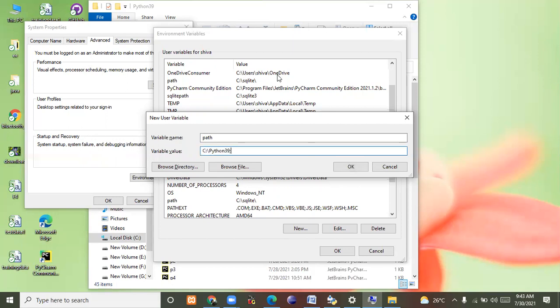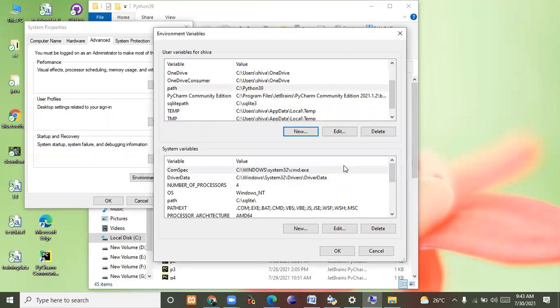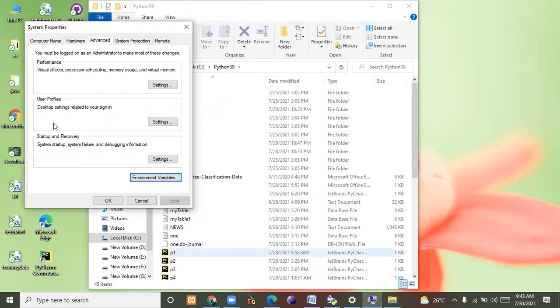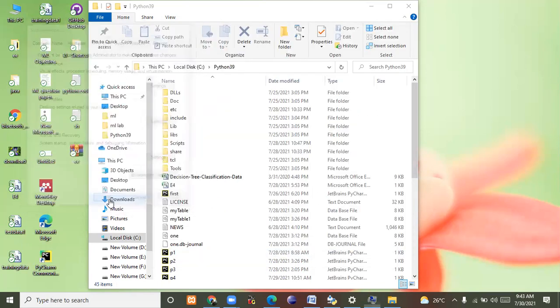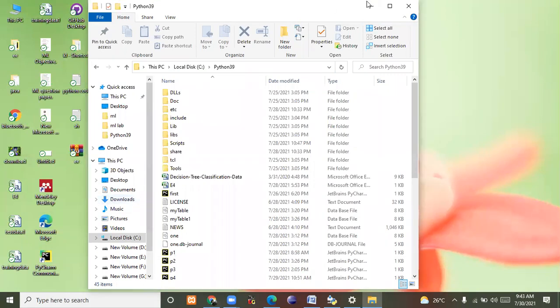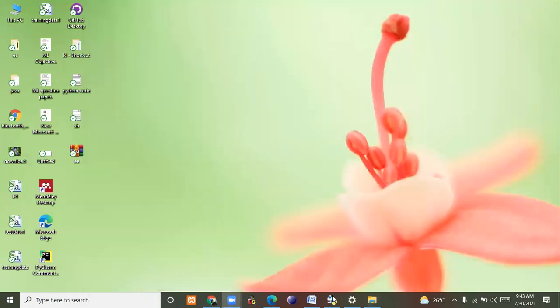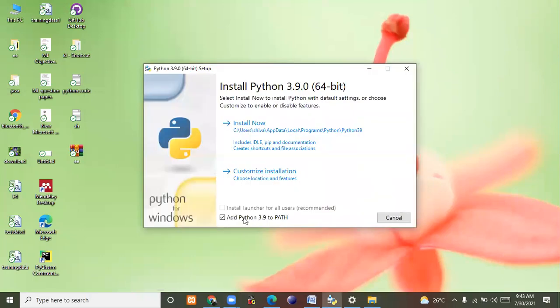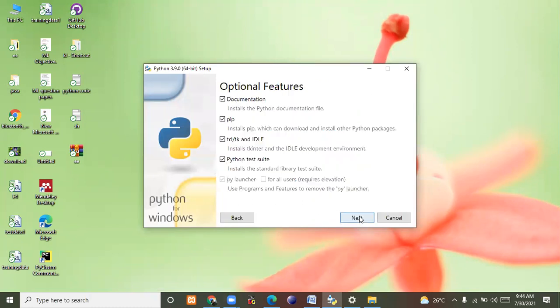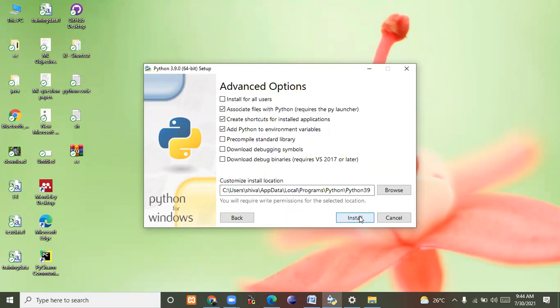Semicolon is not necessary. What it indicates is that your system will understand that now it can handle Python. You have to do this manually, but when you install, it gives this option automatically. If you select it, it will automatically take the path. After that, custom installation, and after that you press next, all next.